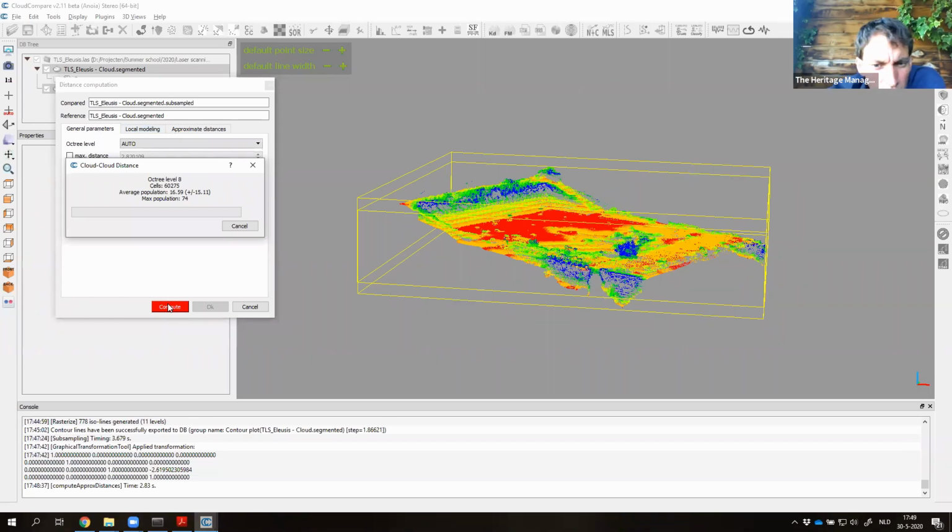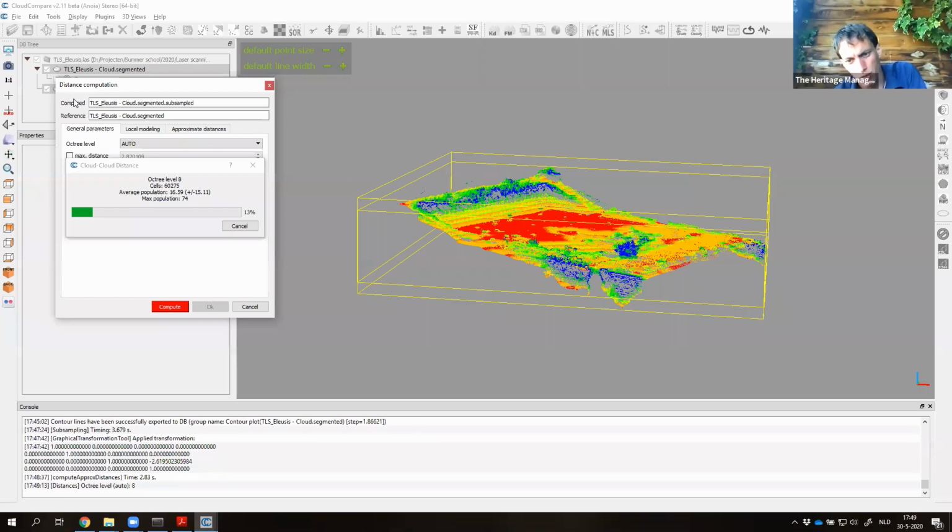And what it will do now is that it will take 1 point from the point cloud, and it will calculate the distance to the nearest point in the opposite point cloud. And this distance is then assigned to the compared point in the point cloud here. And you can use these values to get an idea about the distance or the distortion between 2 points. But also locally, you can use these deformations to say, okay, there has been a local